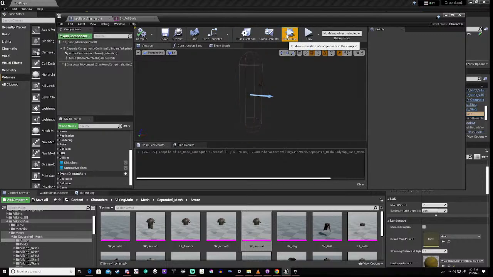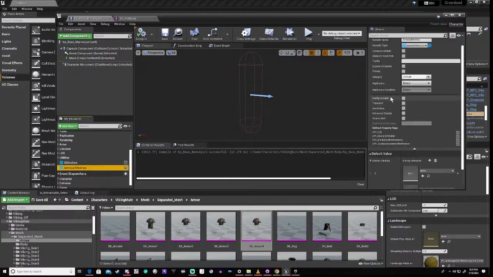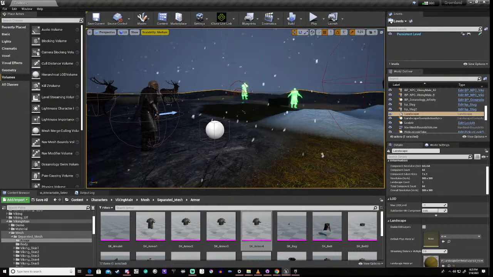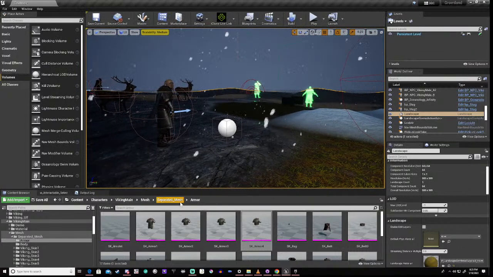Okay, so that doesn't seem to be doing what I was expecting it to do. Now, I don't know whether or not that's because